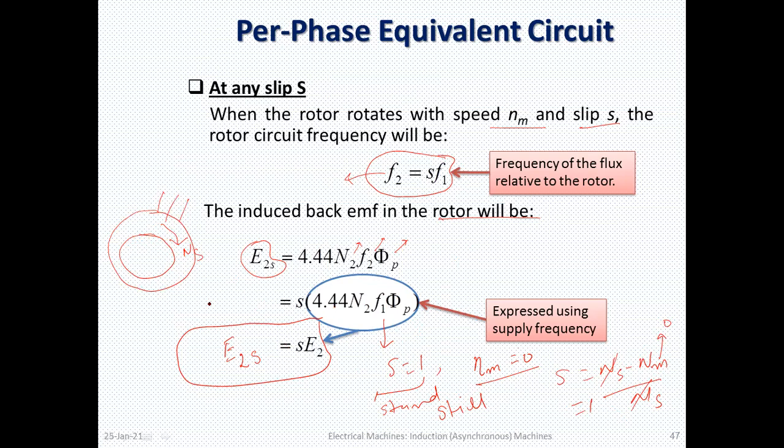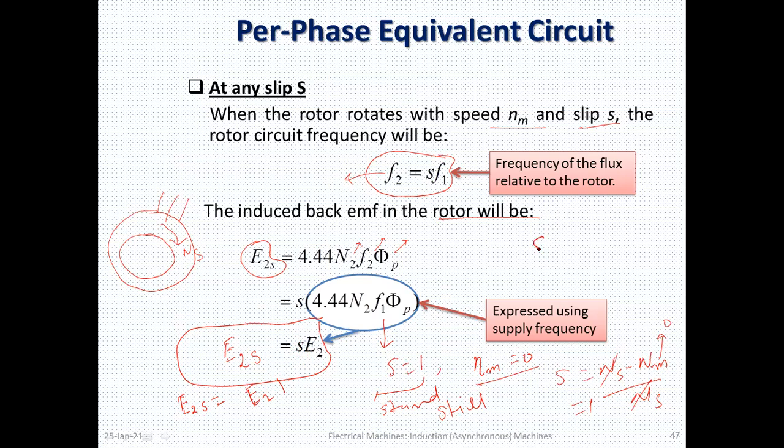and the rotating magnetic field is rotating at synchronous speed, which links with the rotor conductor, but the rotor is not rotating. During this time, the induced EMF in the rotor will be E2S equal to E2 only. It means the maximum induced EMF will be obtained when the rotor is not rotating. But as soon as the rotor starts rotating, the value of slip decreases from 1.